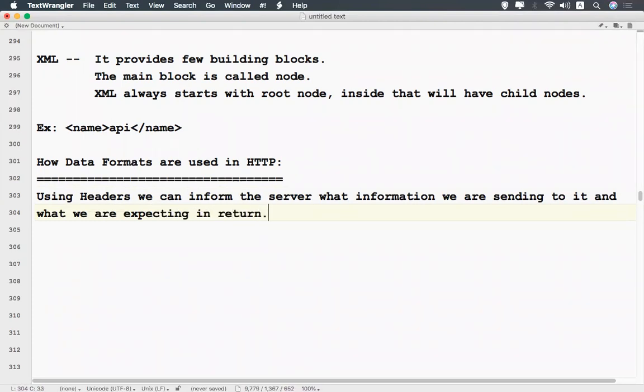For that, we'll have two things here: content type and accept.